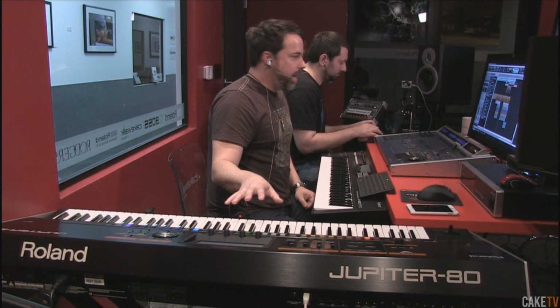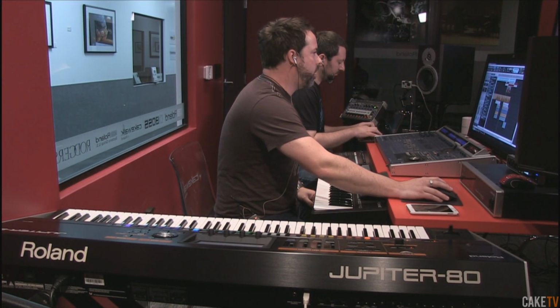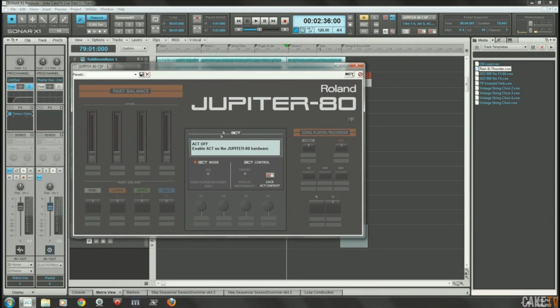For the lead, I want to use the Jupiter 80 over here. The reason I want to use the Jupiter 80 is I just want to show you something kind of cool. The Jupiter 80 now has its own control surface plugin. So if we go to the properties, you'll see this right on screen. You can enable ACT inside the Jupiter 80. Going to the menu, there's actually an ACT section on the touch screen, which you can enable,